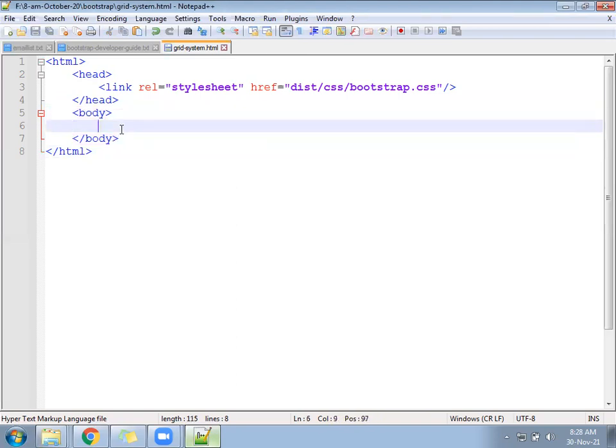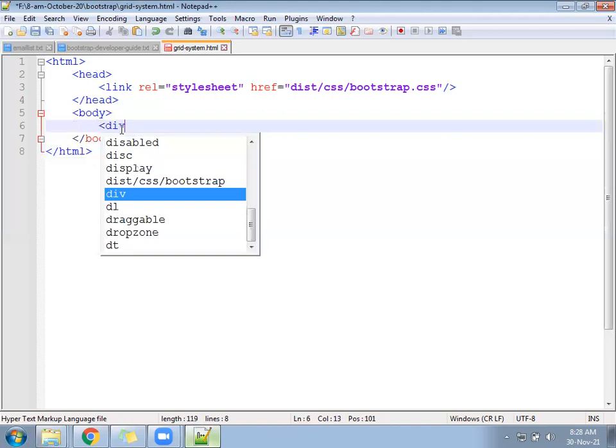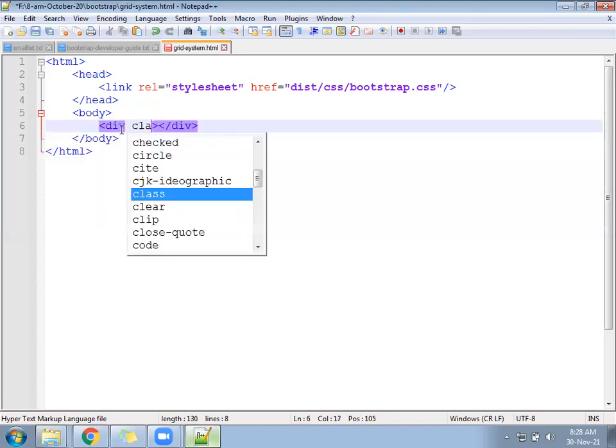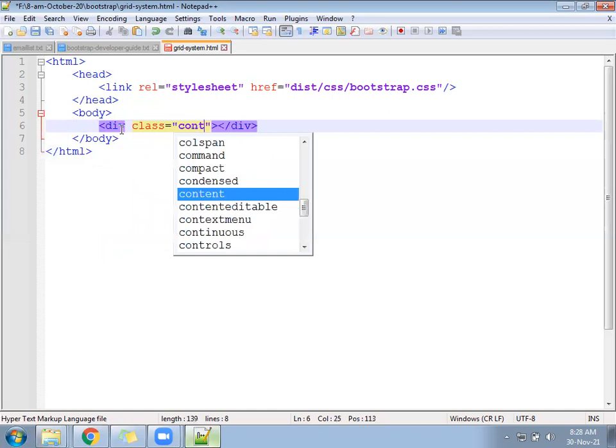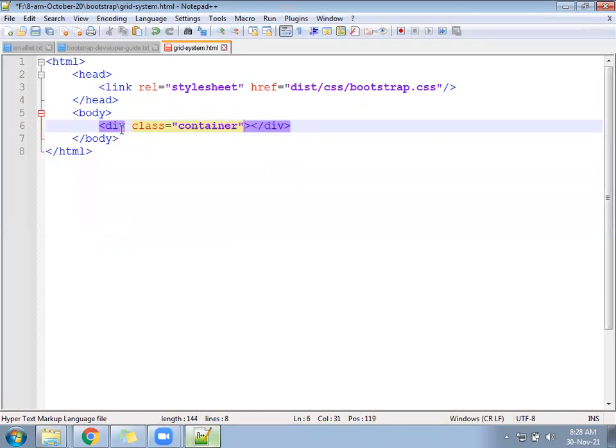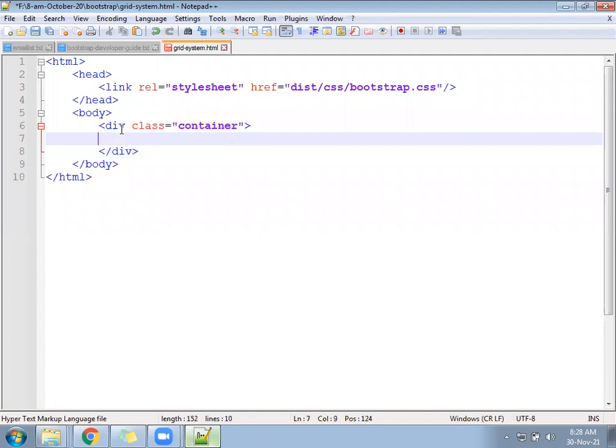Let's follow and understand the difference of two classes. Write a division, class equal to container.